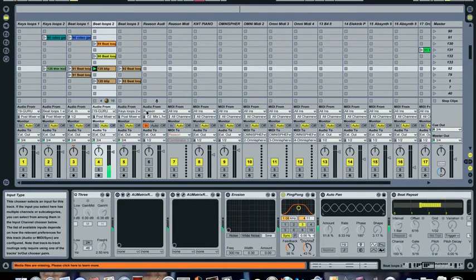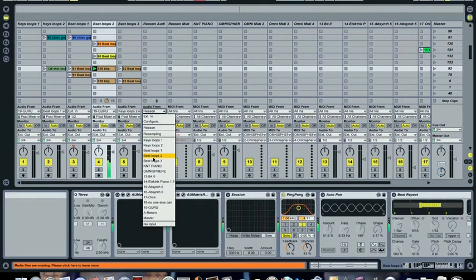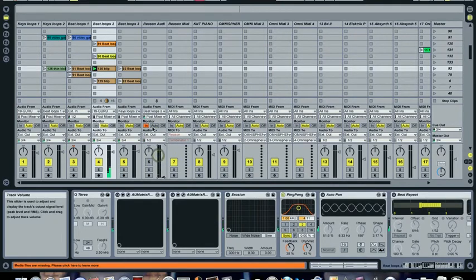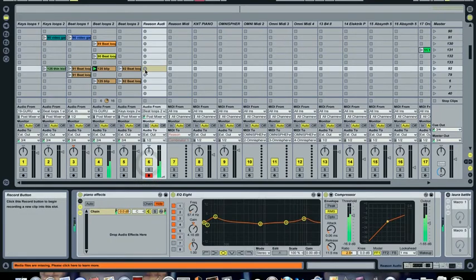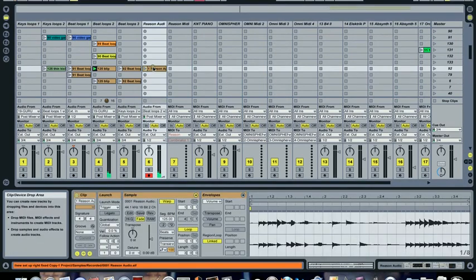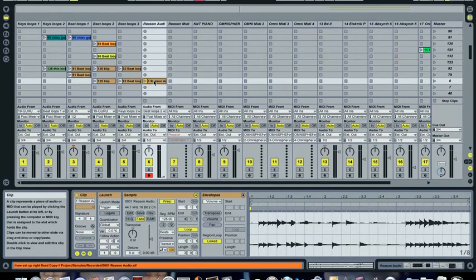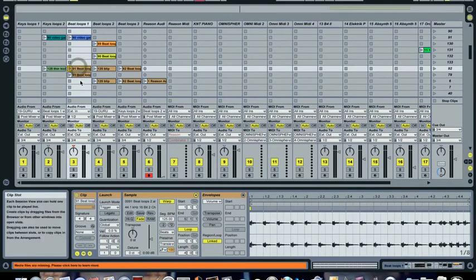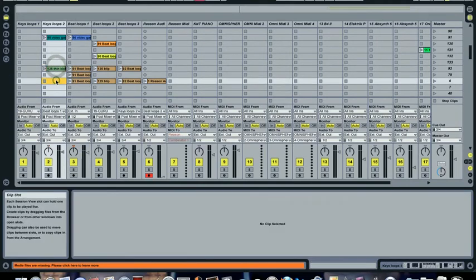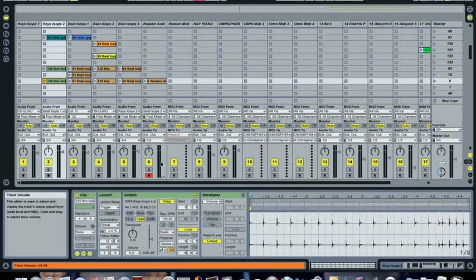Now I'll go to beat loops again. Turn my monitor on. Arm the track. Now record it. And now I have the track. I can go back and forth between the original sounding blip and the new sounding blip, and I can either layer them together or just have one or the other. And now, instead of just having that standard loop,